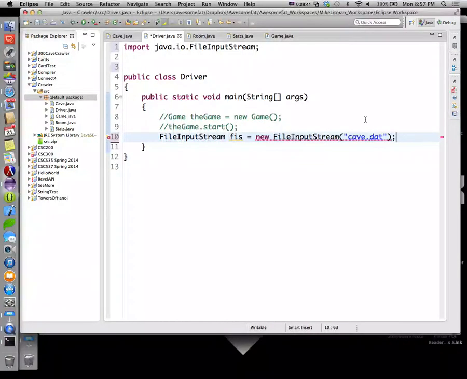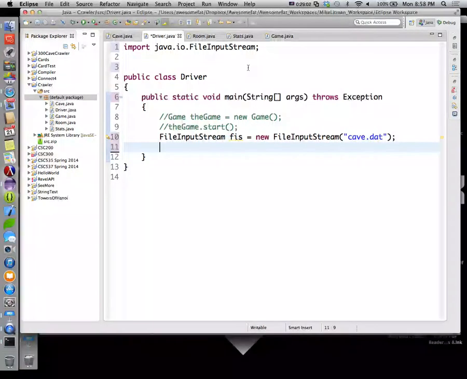Okay, now this can throw an exception, a file not found exception. So we can do the try catch, or we can just say throws exception to cover ourselves for right now. Okay, so we create our file input stream. This will allow us to read in from that file one character at a time. We want to be able to read in from that file one